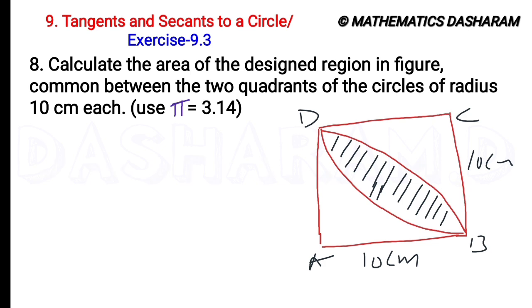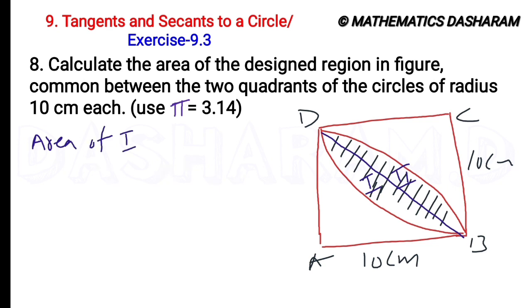So we cannot find out the area of a design directly. So that is why let's draw one diagonal in the design. Then the design will divide into two parts. Here is the first part and here is the second part. Now we have to find out each part's area separately. So first part, area of a